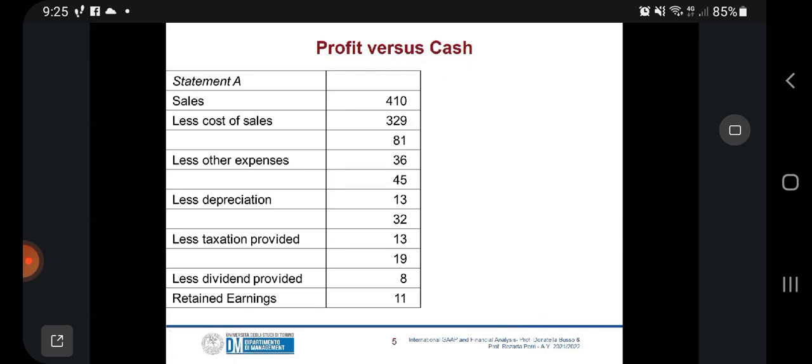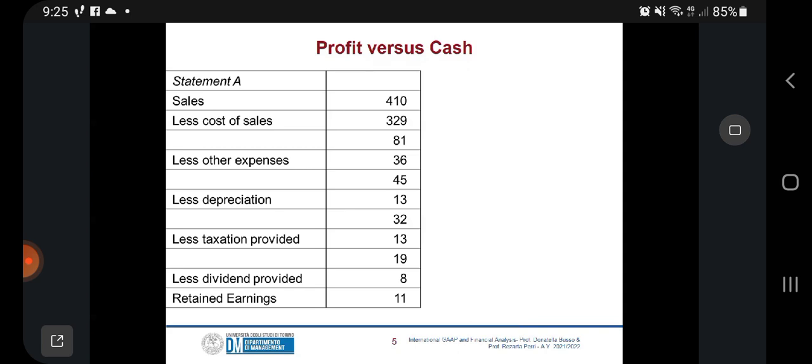To calculate the sales revenue, we have IFRS 15. IFRS 15 decides the rules that I have to follow to recognize revenue, okay? And also, for cost of sales, we have to follow the matching principle in accounting. As much as I have recognized the sales revenue in the first item, the matching expenses I have to recognize in the cost of sales over here. So recognizing each item in the profit and loss statement relates to the application of the IFRS and IAS rules